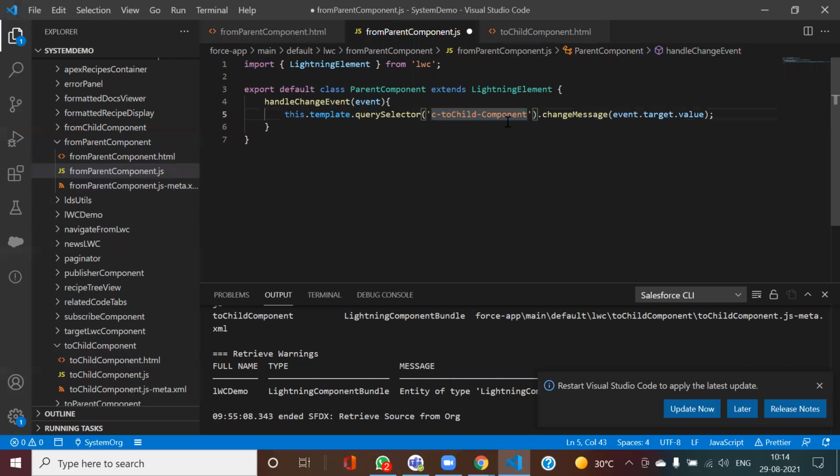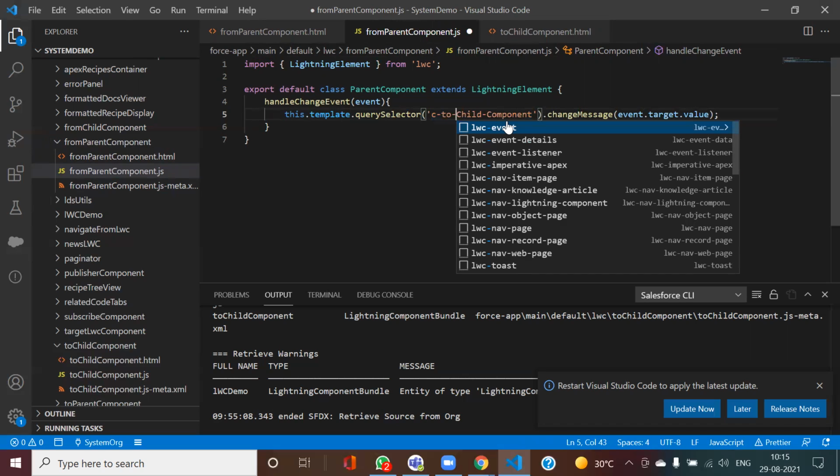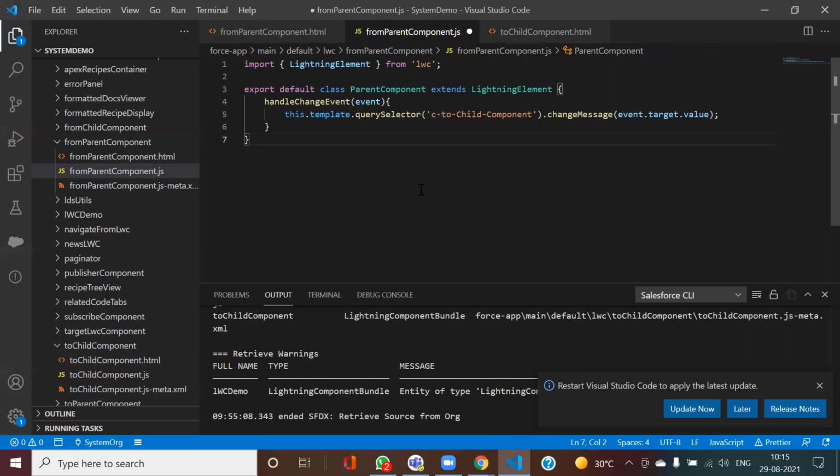And it will consider it as small. So in order to distinguish with this uppercase sensitivity, you need to write the name like this in Lightning. In case I write it like this, it will consider it like this. So this is the reason you need to write this hyphen sign in between.